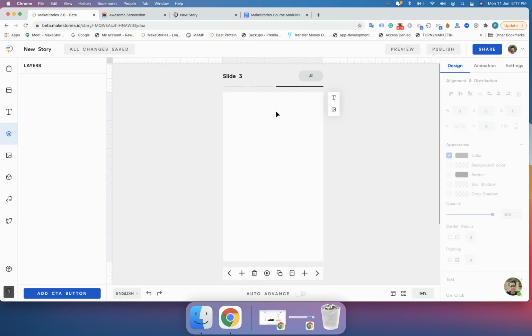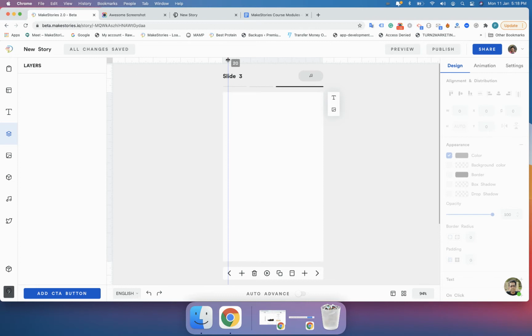Here you can see that in the canvas area, the first thing that you will notice is the grid lines or the rulers. So these are the rulers. One is the horizontal ruler and the other one is the vertical ruler. And then when you hover over the ruler, you can see a grid line that comes up. This is a grid line which you can use to define